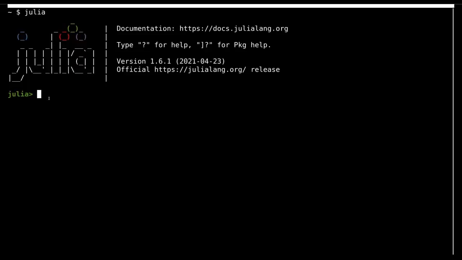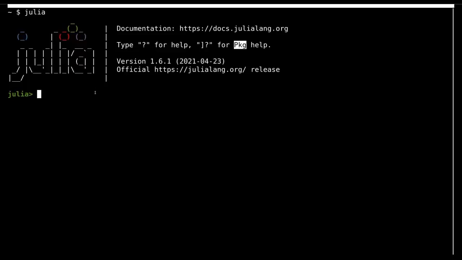But this is not what we are going to do here. Here we are going to look at the Julia Package Management System, the PKG. If you forget the commands I'm going to tell you here, there is a little hint when you enter the Julia system. If you type the question mark in the Julia command prompt, you are going to get the Julia help system. If you enter square bracket followed by the question mark, then you are going to get the Julia help system for the